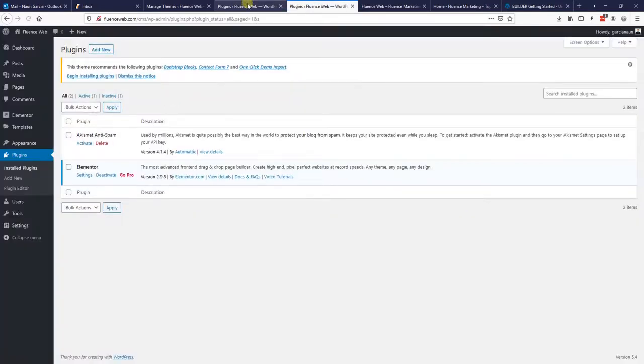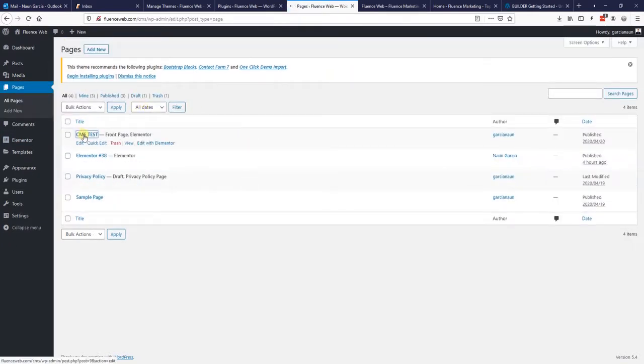The same thing with Elementor. They give you most of the functionality, and then if you go pro, you get all these extra features. But for what we're going to be doing today, it's fine. You do not need to pay for anything, and you do not need to upgrade. So once you have Elementor installed, we're going to go back to our pages,